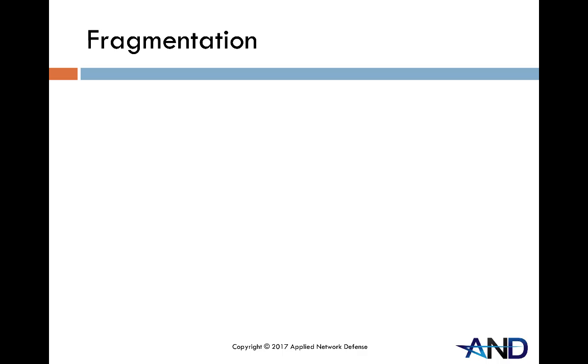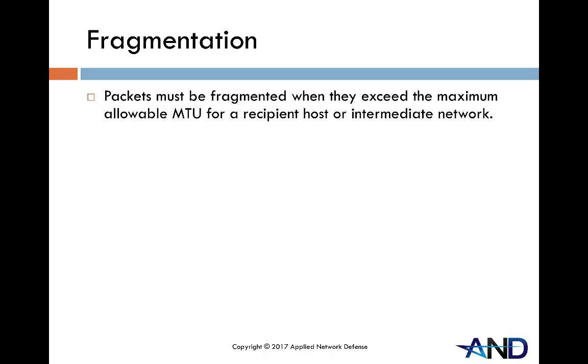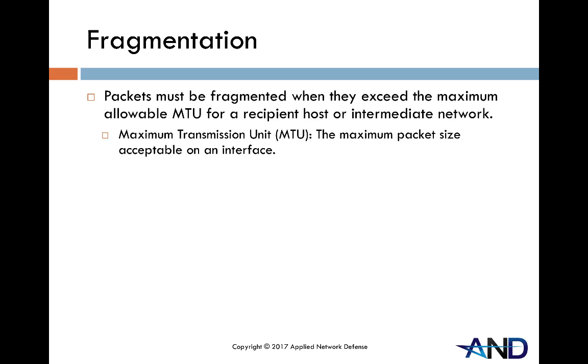Fragmentation is provided as a feature on the network layer because traditionally different networks have had different allowable sizes of packets that could traverse the networks. This is generally managed by something we call an MTU setting, which stands for maximum transmission unit, and that's the maximum packet size that is acceptable on a network interface. Now, for most networks these days, that's 1,500 bytes, not including the 14-byte Ethernet header. So 1,500 bytes is what that generally is, but that wasn't always the case, especially back in the early days of